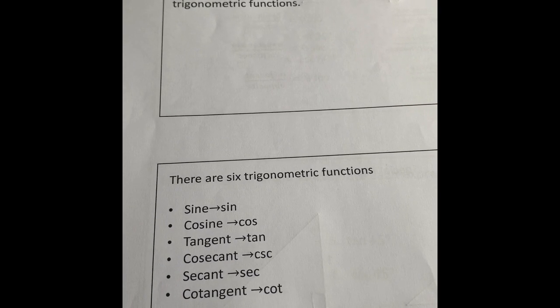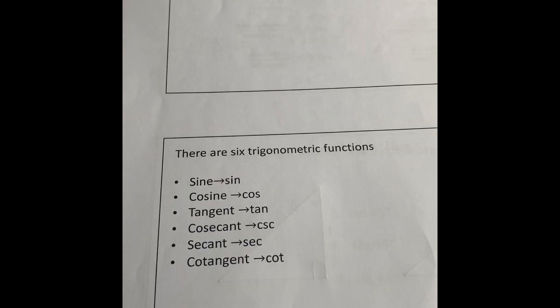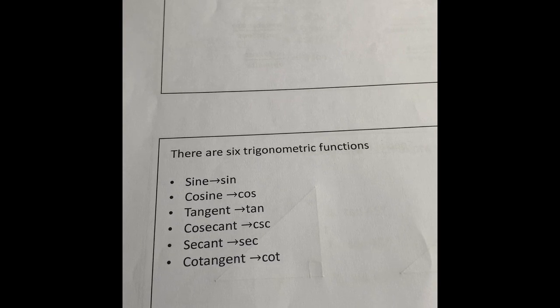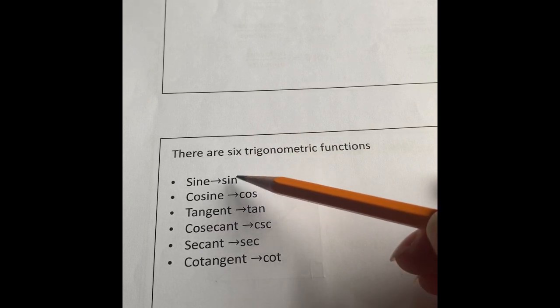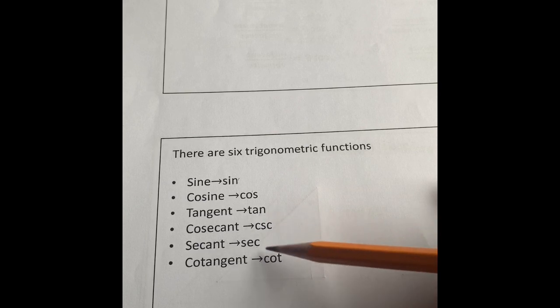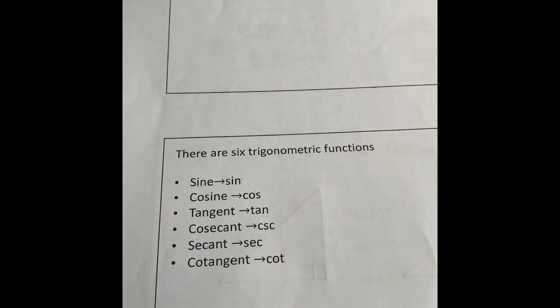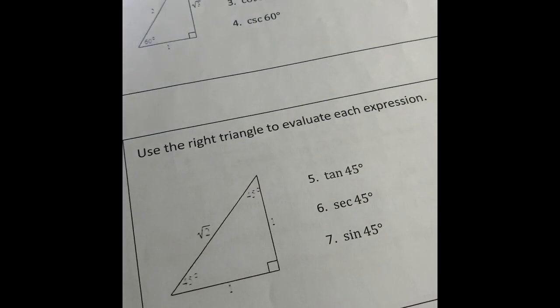So the second slide you can see has all 6 of the trig functions: sine, cosine, tangent, cosecant, secant, and cotangent, and what their abbreviations are when we're doing the work. So you're probably most familiar with sine, cosine, and tangent because you probably touched base on those a little bit in geometry. You're probably least familiar with cosecant, secant, and cotangent, but there they are. You now know that they do exist. If you look at the next slide,